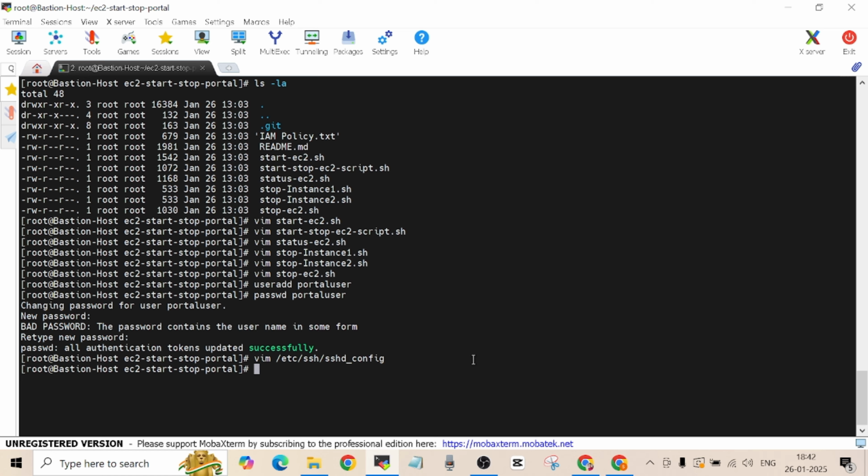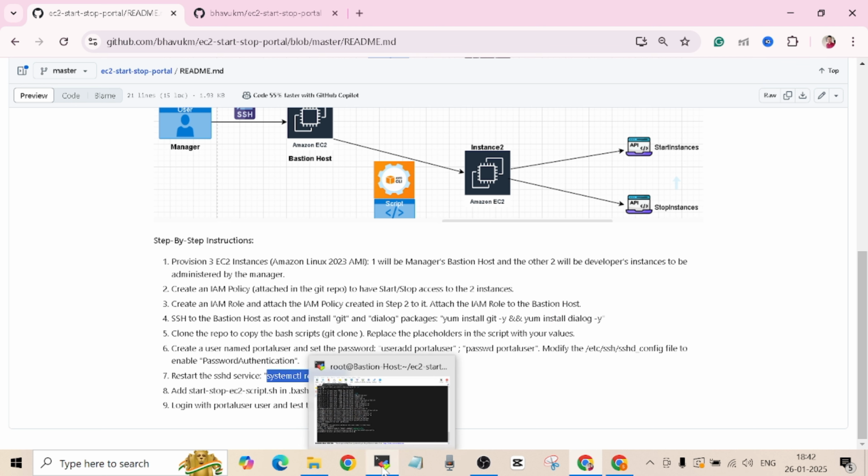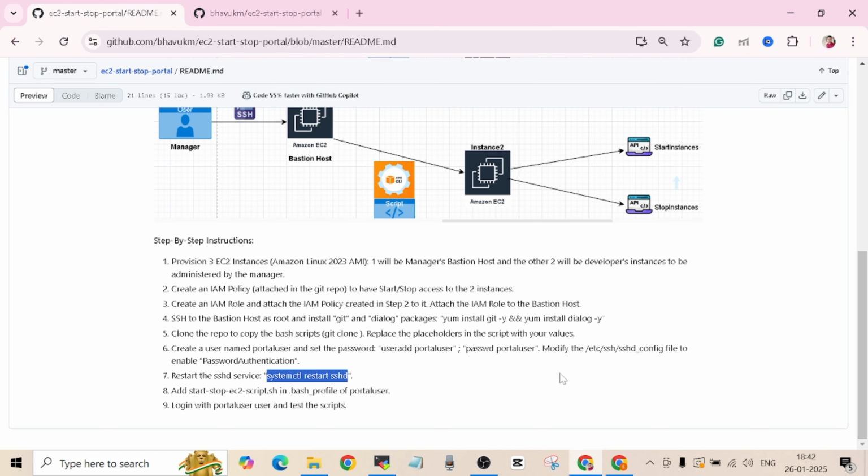To apply the changes, you have to restart the daemon. Okay, so you have to restart the sshd service. So you can just copy and paste this from here and restart. The changes are applied almost immediately. Okay, next is